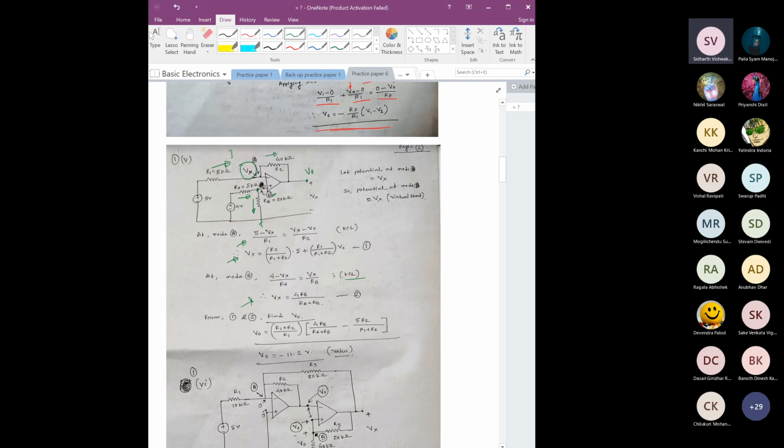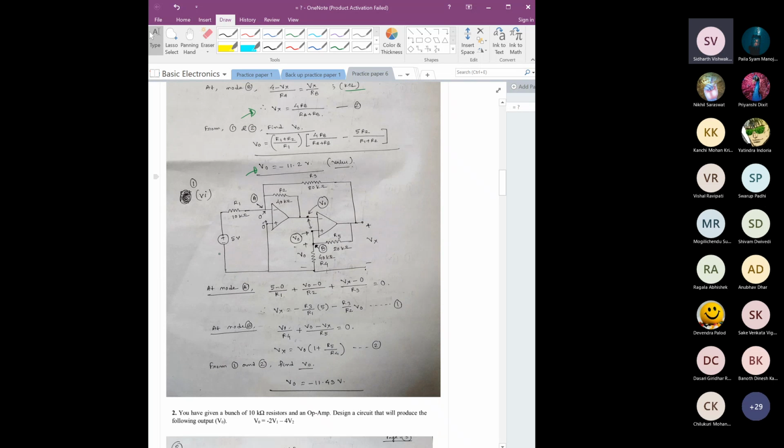From here we can get the value of Vx. Ra, Rb, all the values are given, so you can put those values in here. The only unknown is Vx, and then you will get the value of V output. It's quite easy. So similarly for question number